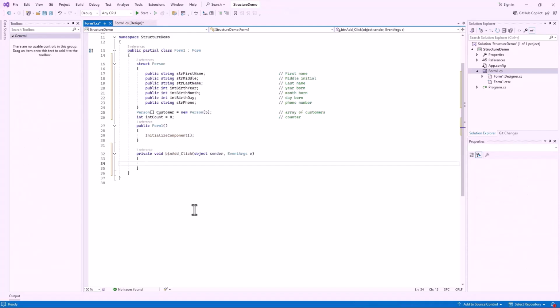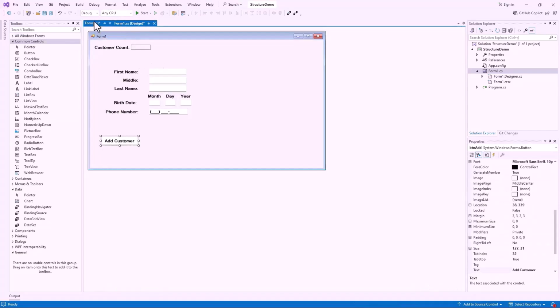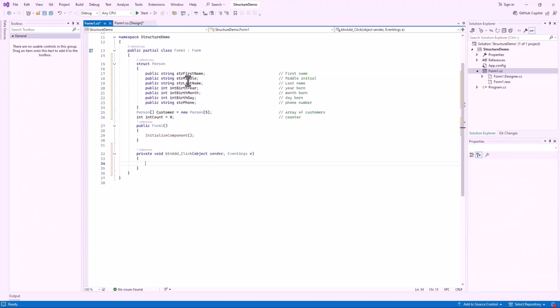What we're going to do is grab all the data in the text boxes right here and assign them to the parameters you're going to see up here, these particular things in our person, what we're going to be calling a customer. First of all, I can only do this if the int count is less than 5. I have to watch my array because I'm going to create an array that was 5 long. So I'm going to say if int count is less than 5, and then I'm going to set up my parameters for my structure. And I'm going to say customer